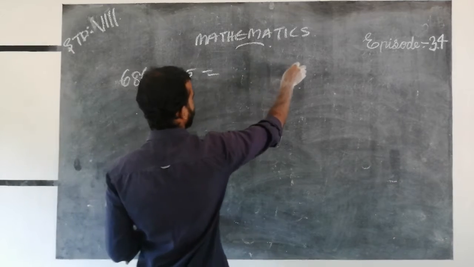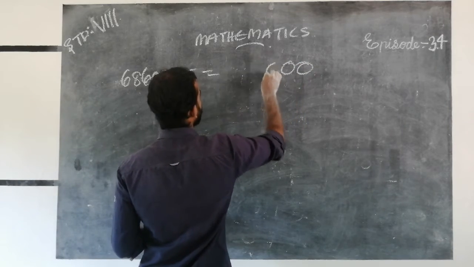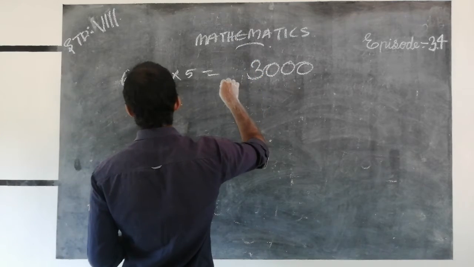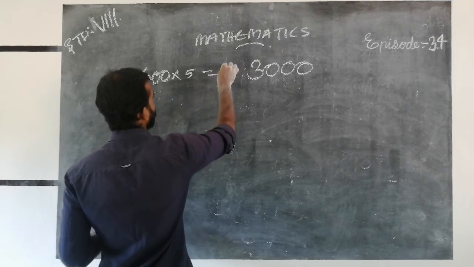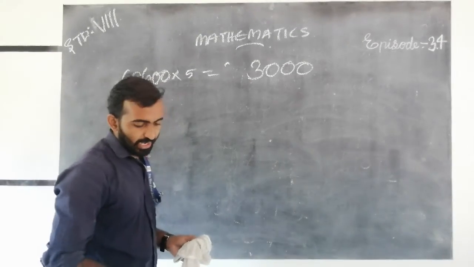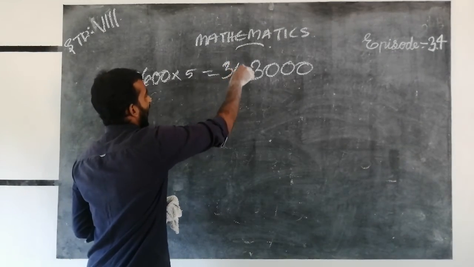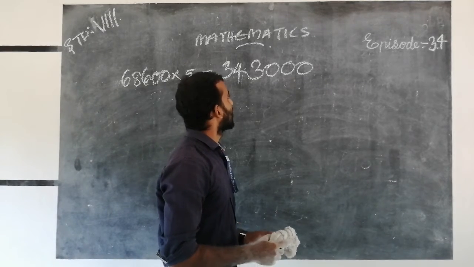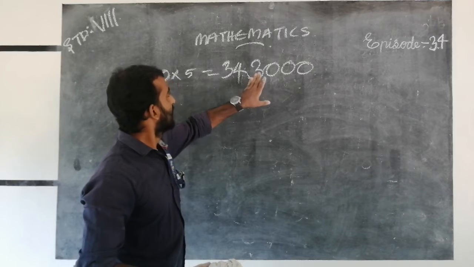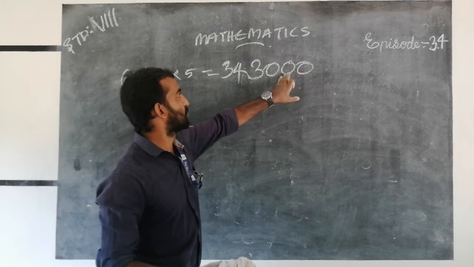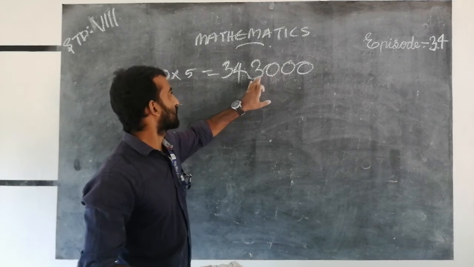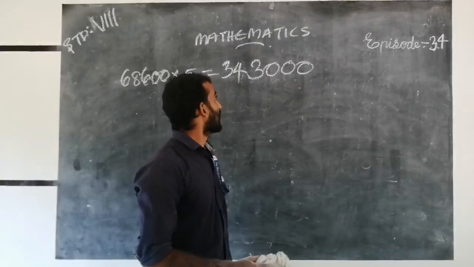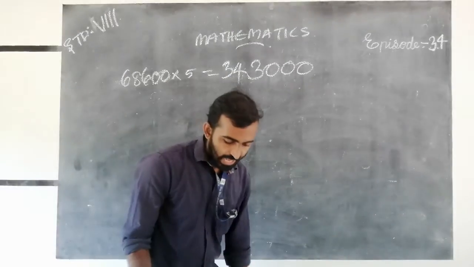We get the answer as 0 0, 6 into 5 is 30, 3 is carried, 5 8 40, 43 and 5. 6 into 5, that is what we get, 68,600 into 5. We get 34,000, that is 3 lakh. Here is 1 times 100, 1000, 10,000 and lakh, 3 lakh 43,000. 3 lakh and 43,000 is the answer.